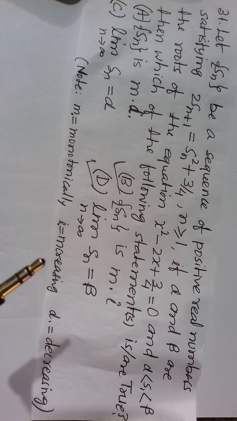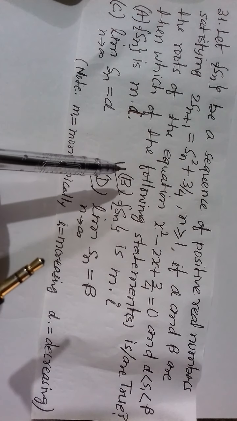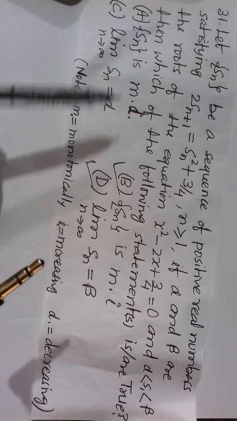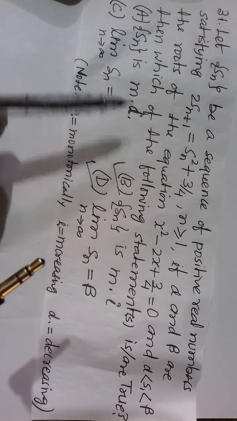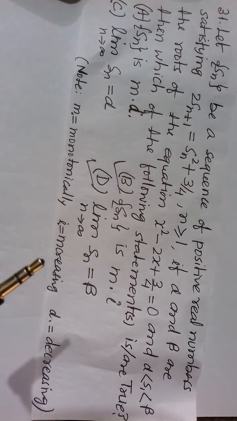Here is our question. As I have solved this question, I have marked the right options. Here MD means monotonically decreasing, MI means monotonically increasing. Let us see the